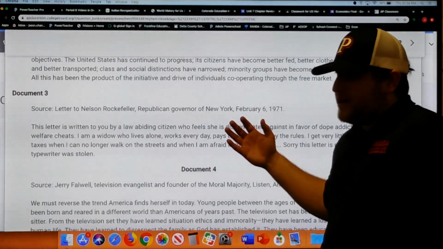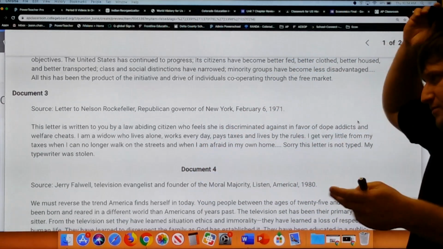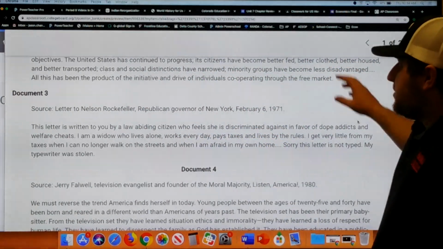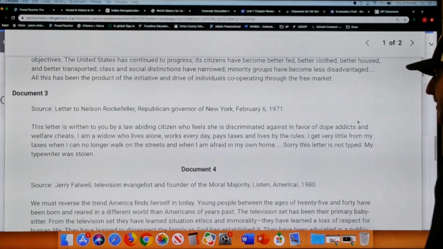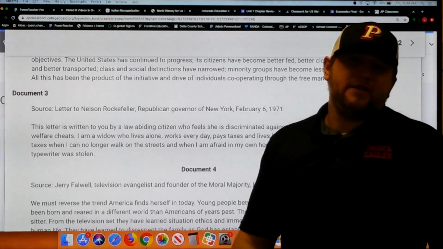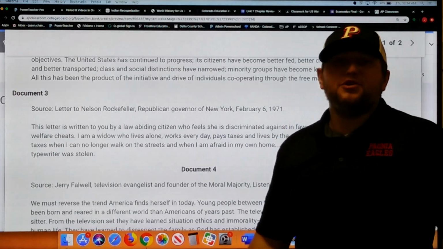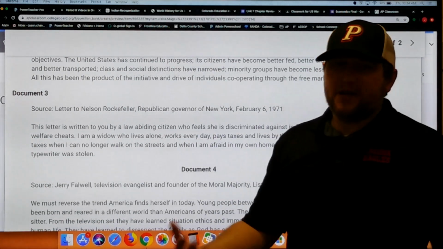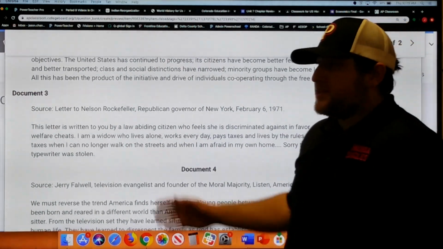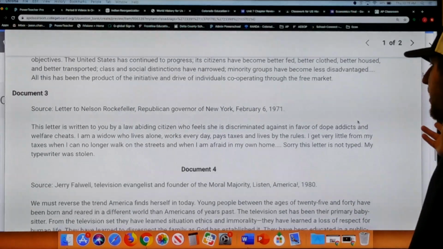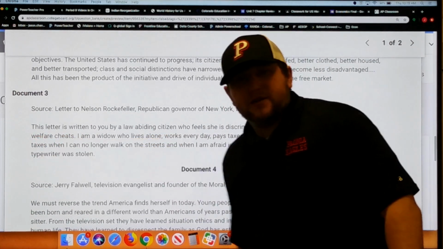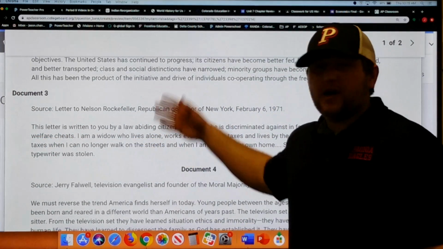In the body paragraph, right, if I said it was because of economic conditions, which is what I said the first point in my mock thesis was, cite the graph, right? So I'd say economic conditions were getting worse between the 60s and the late 80s, and particularly they spiked during the Jimmy Carter presidency. Jimmy Carter was seen as more liberal than his Republican counterparts, right? So you'd cite the graph, but you could also cite in here this woman saying that her tax dollars are going in favor of dope addicts and welfare cheats, right? You could also say that that is part of an economic reason. There you go, you got 2 documents in there.